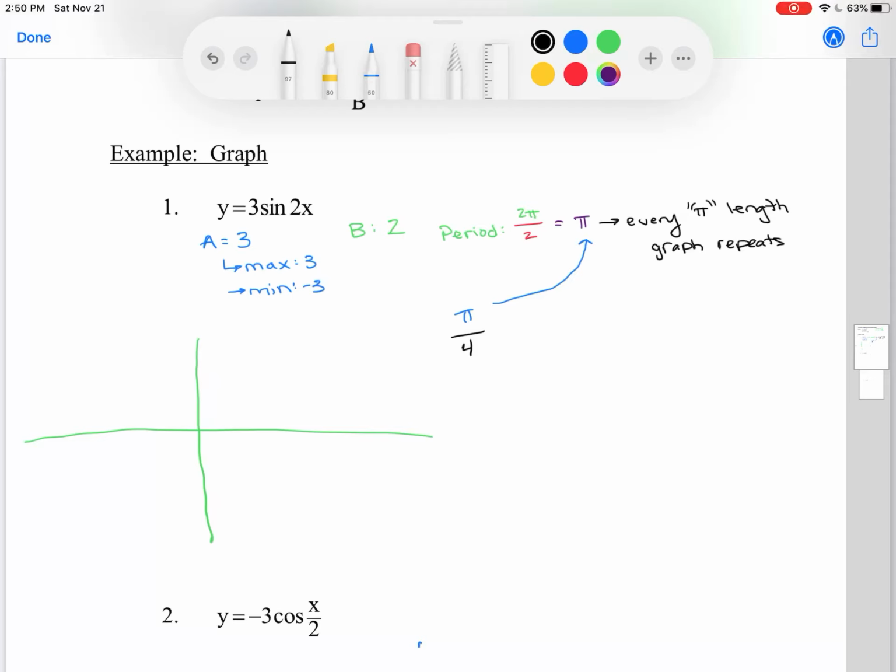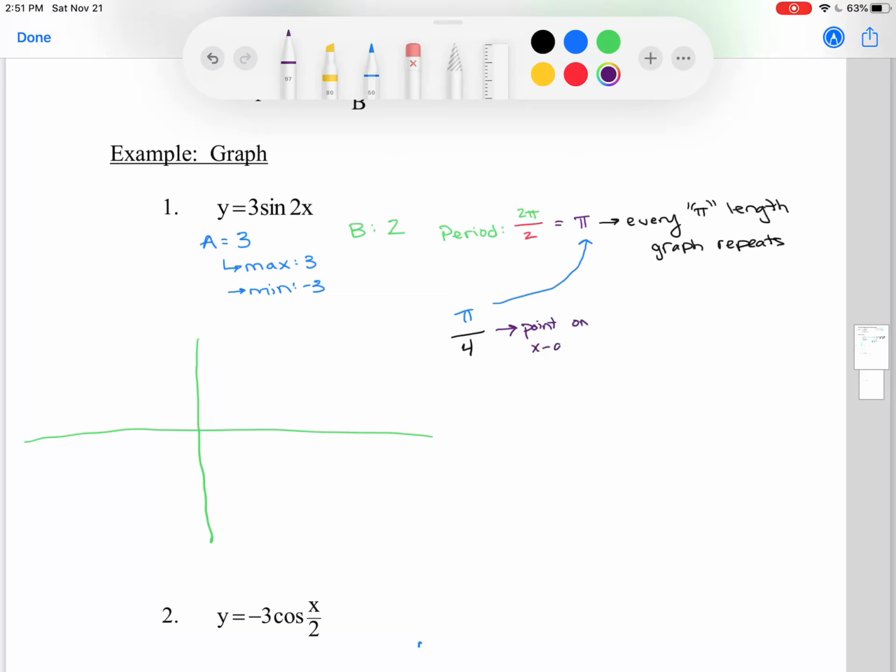So there's a trick, and I've already talked about this trick, but we're going to make it more clear here. Take a look at your period that we just found. Well, my period was pi. I'm going to take that pi, and I'm now going to divide it by 4 so that I can get a nice 4